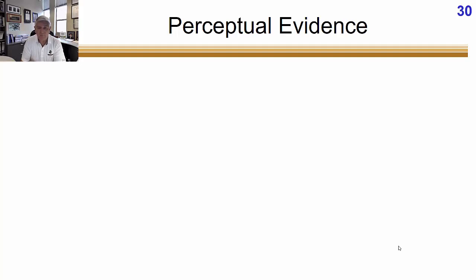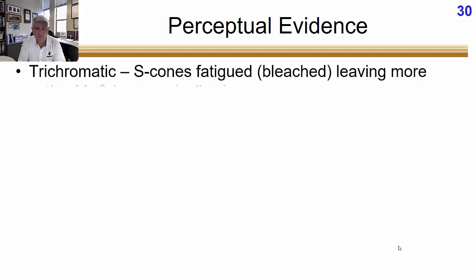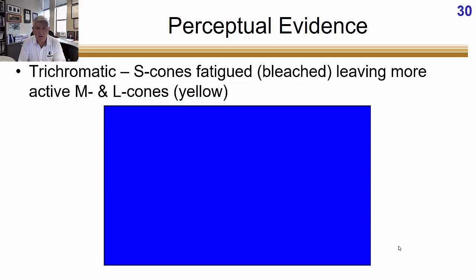became fatigued, right? So having that square on there made the photopigment drop in the short wavelength cones compared to the medium and long. And so when I stimulate all of them, we're getting a bigger signal from medium and long wavelength. And so you see that yellowish afterglow. And as the yellow afterglow faded, that was the medium and long wavelength cones being stimulated enough that they come down to the same level as the blue. And once they're all equal, it becomes white. It's no longer yellow in tint.